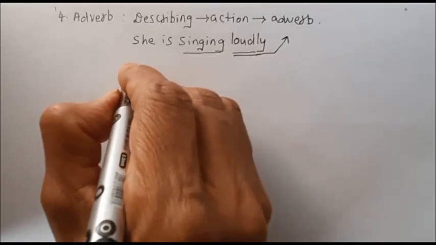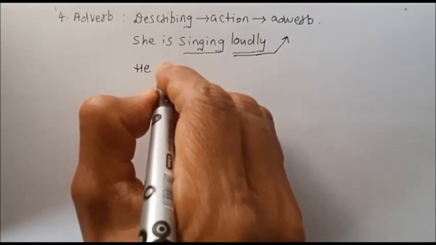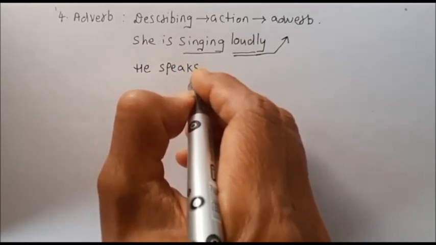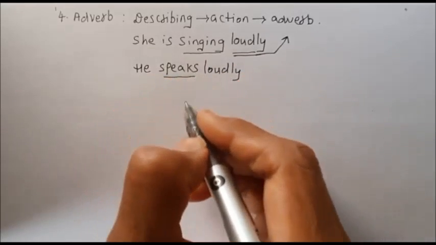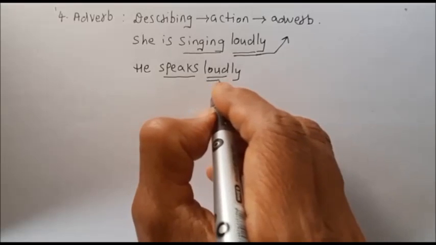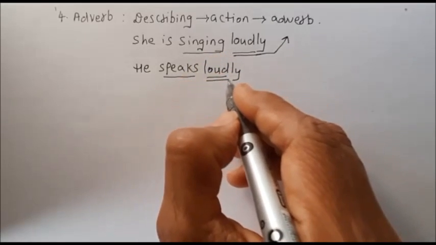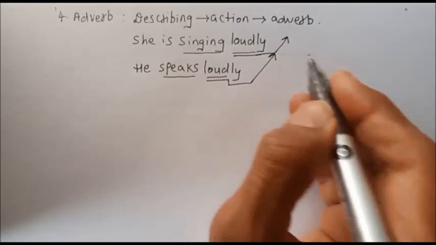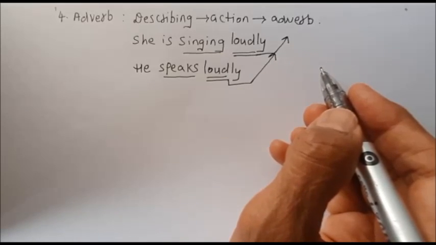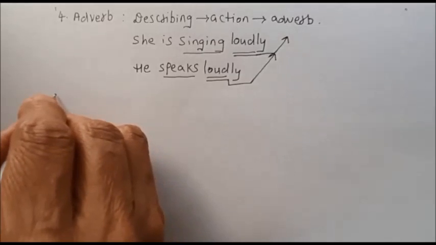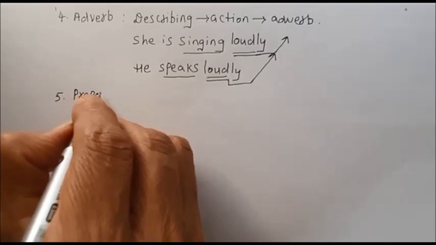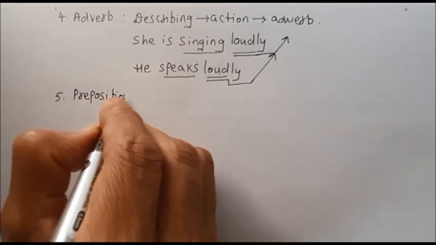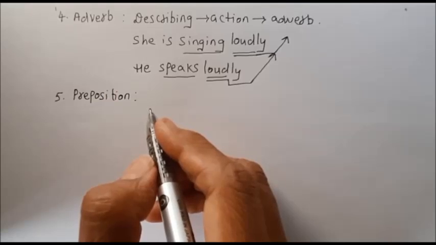One more we can take. He speaks loudly. Now when I say he speaks, it is an action. But the moment I use a word to describe the action, it becomes an adverb. Clear? Now next, that is the fifth one, and that is preposition. Now, what do you mean by preposition? Just take it this way. Words like on,